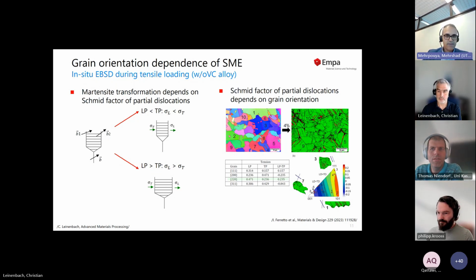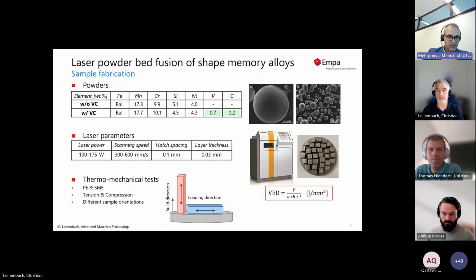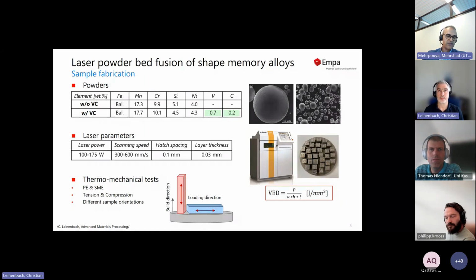My question is about the process, because the results you show were for LPBF, and we already know the limitation in terms of the size of the things we manufacture with LPBF. Earlier, you also showed some application of iron-based shape memory alloys for construction. What if we use a different type of additive manufacturing process in case we want to make a larger structure? For example, in this case, maybe the DED process would be something that we can look into. Have you had any experience or project working on that?